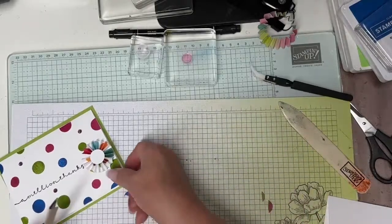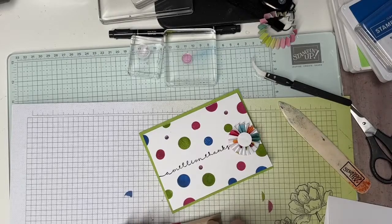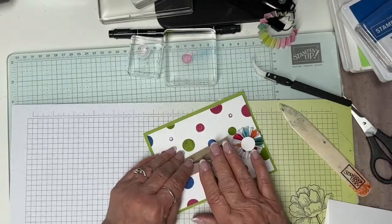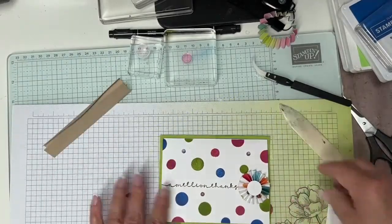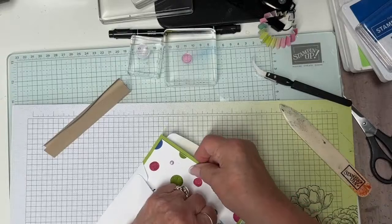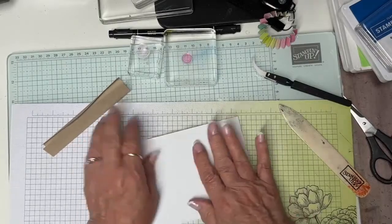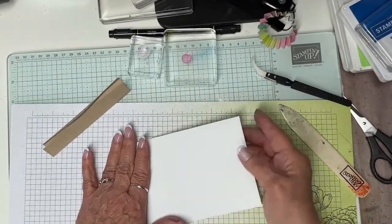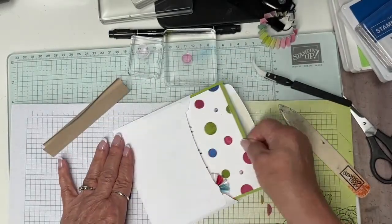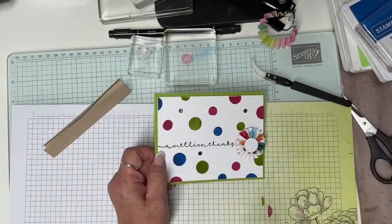So let's see if this one works. Maybe, I don't know, maybe a piece of bubble wrap or something to go in there, but it does fit. The only thing I'm thinking of is, I don't know, it probably would go okay. So I'll think about it. Maybe I will try to mail one and let you know. But anyway, there's the card for today. Let me show you some samples